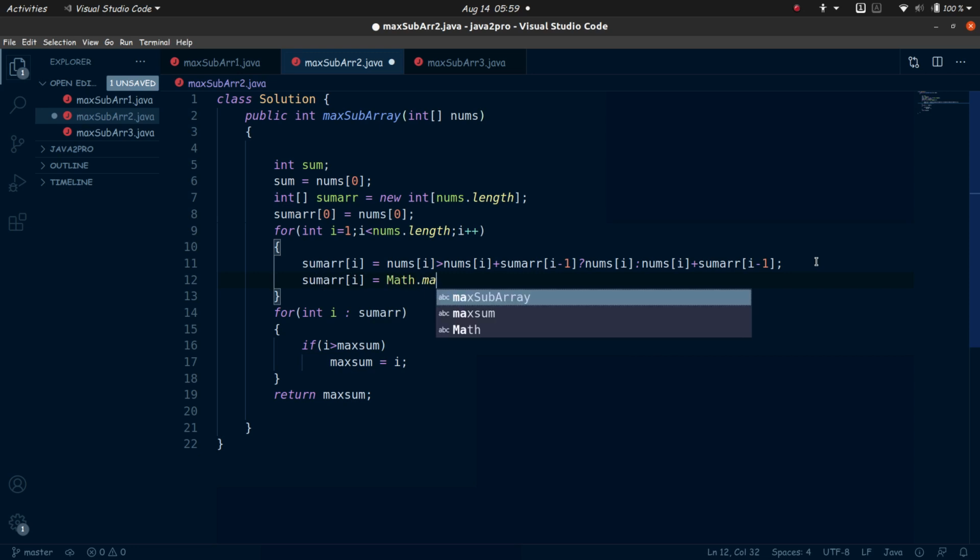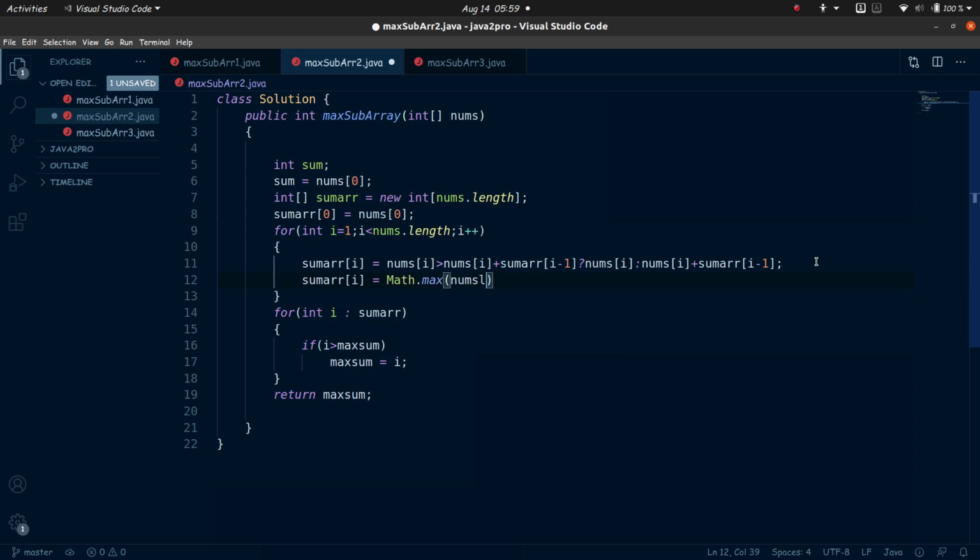Now why don't I use Math.max, because that is not good if you want to save time. So I prefer using the ternary operator, and if you have any confusion regarding the ternary operator, then I did create a video on that, and this is -1, sorry, and that is the end of the line.